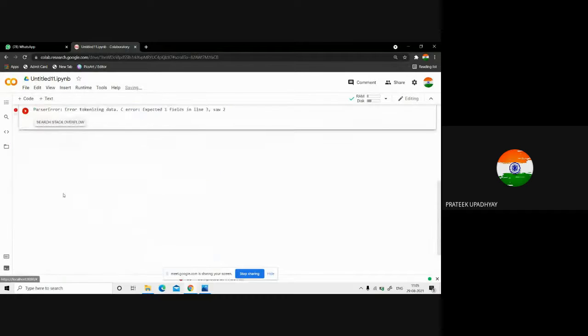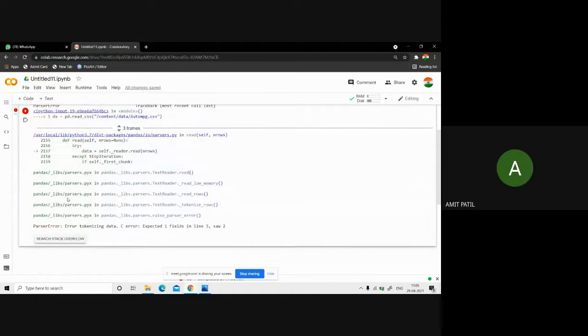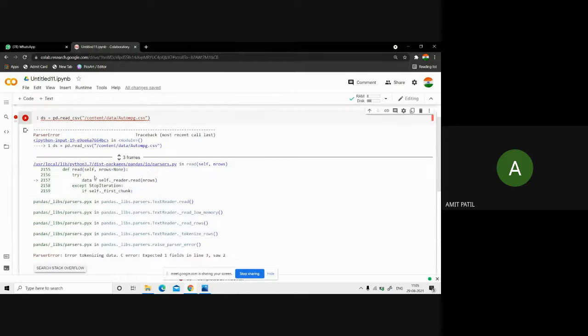Okay, you see, go to the first line. Whoever is using this Google Colab, you need to understand two or three things. You need to import your data set on your Google Drive, right? So first upload your data set on your drive. There are a few lines of command. Whenever you are working with Colab, you need to perform three or four lines of command.